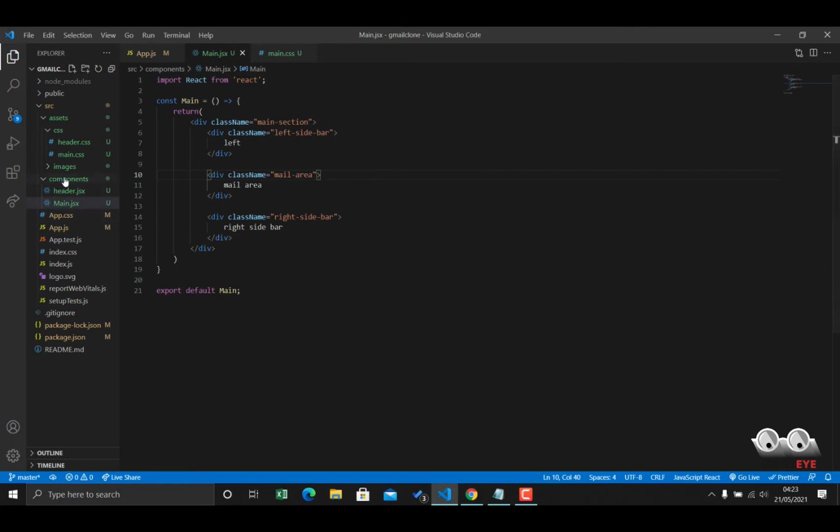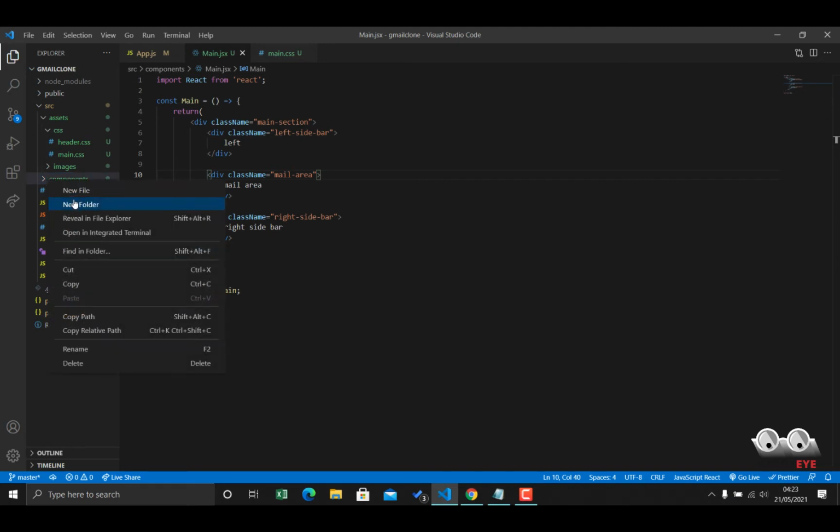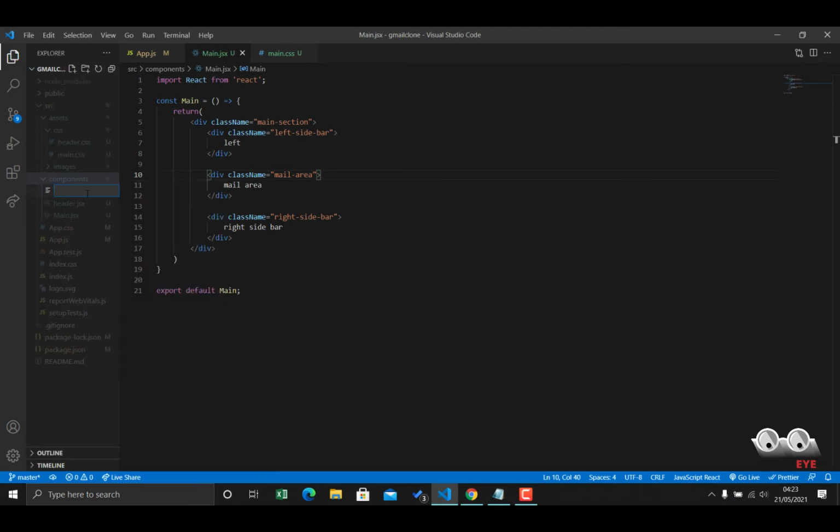So let me remember, the essence of React is that React allows us to build our UI component by component. So there's no way I'm going to be putting the whole content of my left section inside here. No, I'll create a separate component for that. I'm going to be creating a separate component for that. So let's go ahead and do that here. So what do we call this? Let's get a new file inside our component, and let's call this